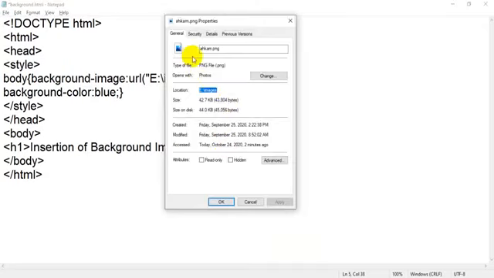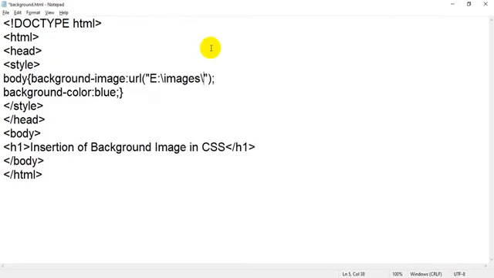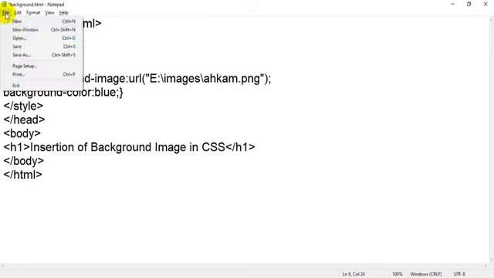Again I will go, and the name of the file will be on top. I will just copy it and paste it, the name and type. Now we have the full address. On my E drive I have a folder called images, and in that folder I have a file named acom, whose type is .png. When I click on save,